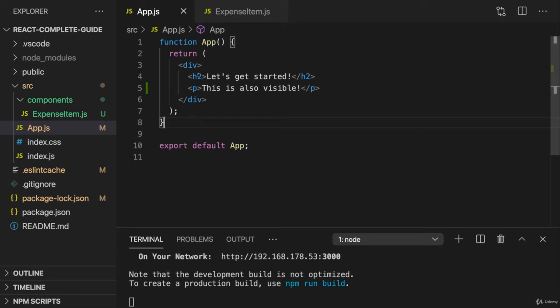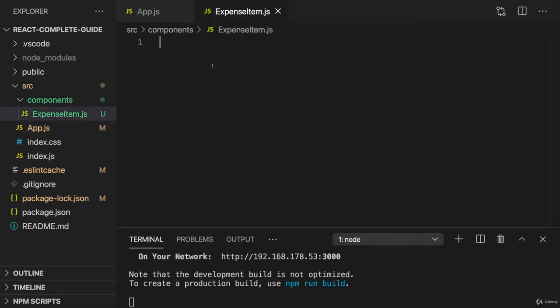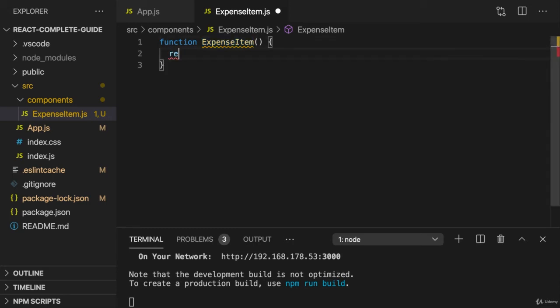A special kind of function, special regarding what it returns, that it does return this JSX code. But other than that, it's just a JavaScript function. Therefore, if we want to create an expense item component here, we add the function keyword, give it any name of our choice, though again, the convention is to repeat the file name here, just without the extension, so ExpenseItem. And then in here, we return the HTML code, the JSX code, which should be brought onto the screen